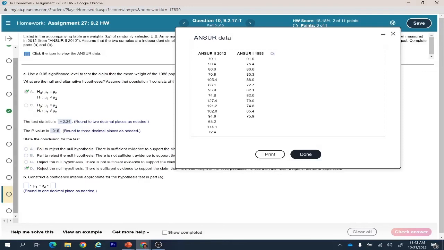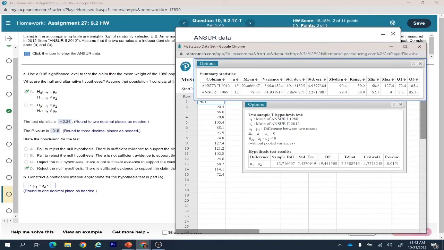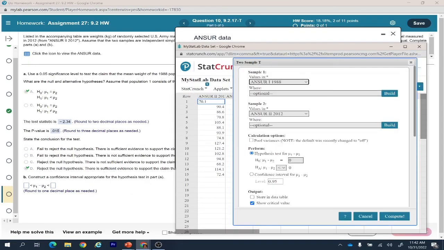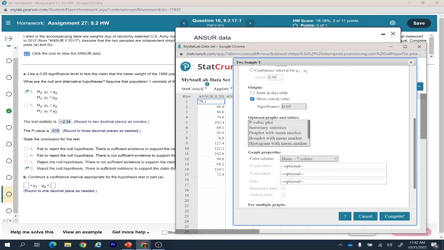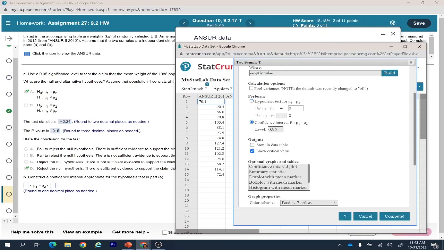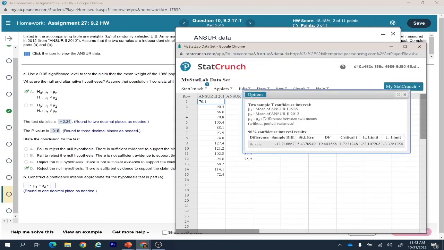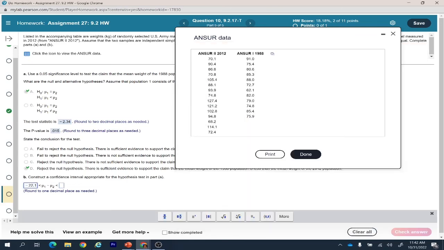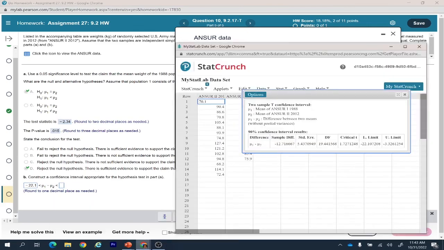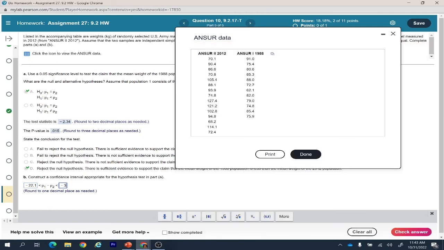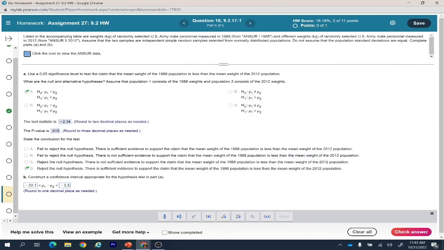Now for finding the confidence interval, we can do the very same thing here. We use the edit option. Instead of hypothesis test, we want to find the confidence interval, and as you can see here, the alpha value is 5%, so for the confidence level we have to use 0.9, which is 90%. It gives you the lower limit, which is negative 22.1, and the upper limit, which is negative 3.3. So if you check that, you